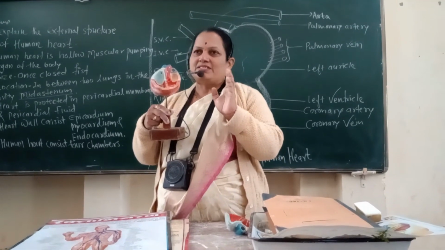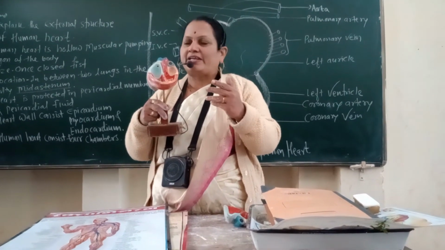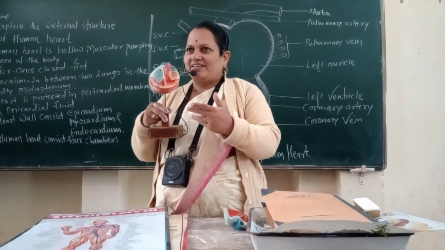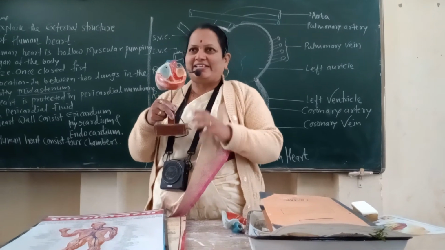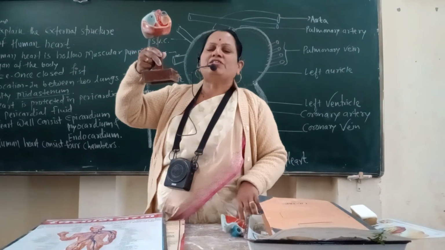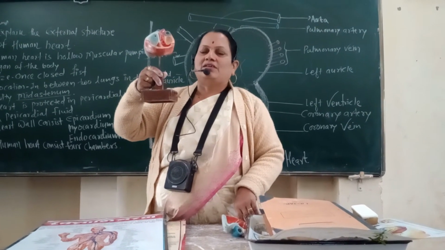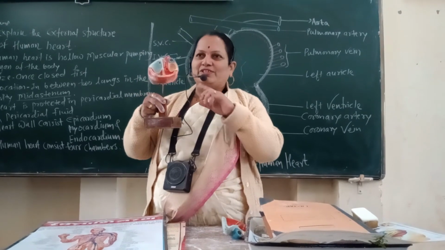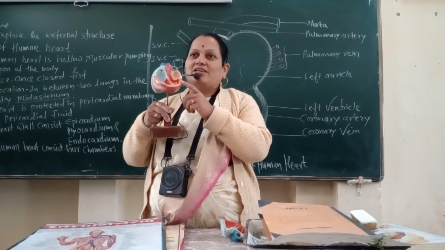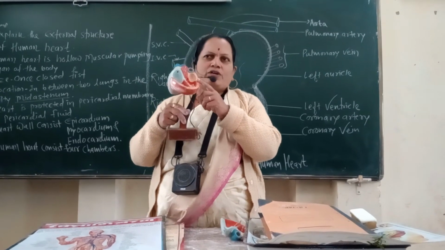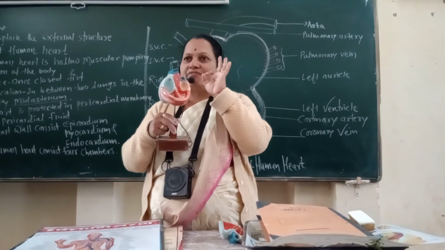That means if the average person's lifespan is 100 years, then the human heart works for those 100 years. Therefore it is the most efficient working machine in the world. Without maintenance, without oiling, that machine, the human heart, works continuously day and night. Therefore, the structure of the human heart is very specific.